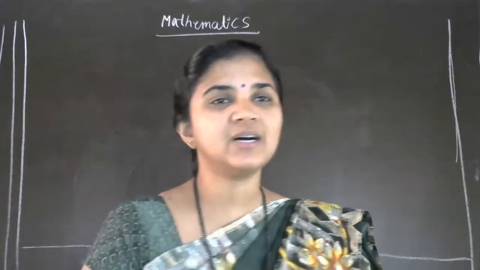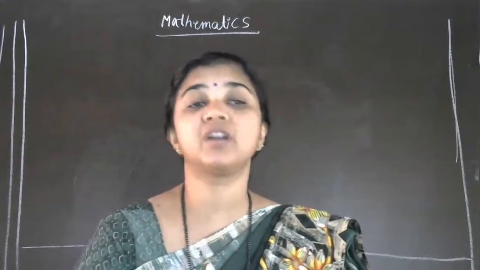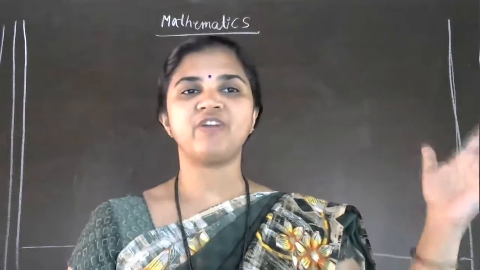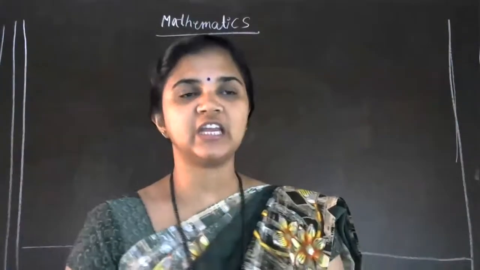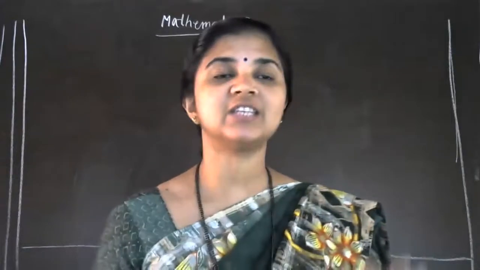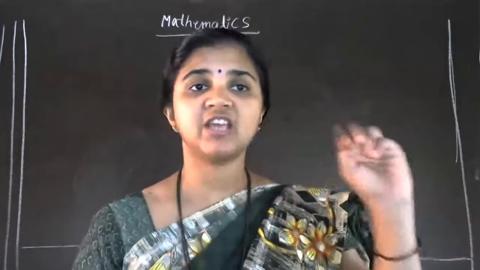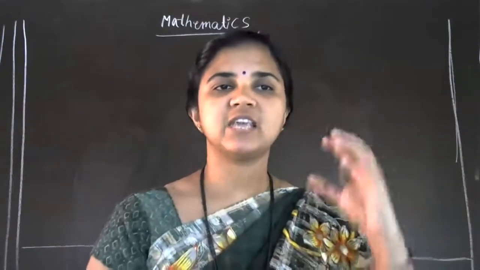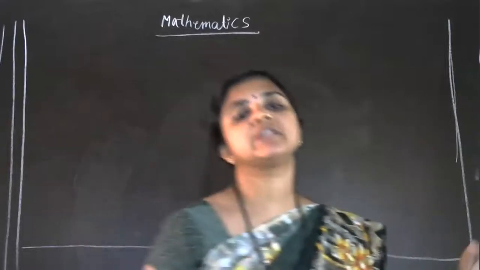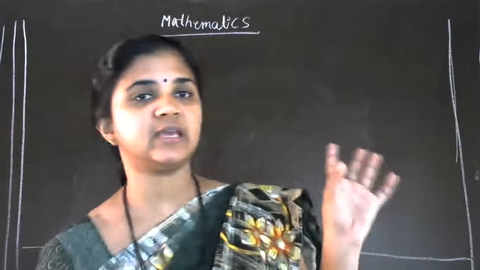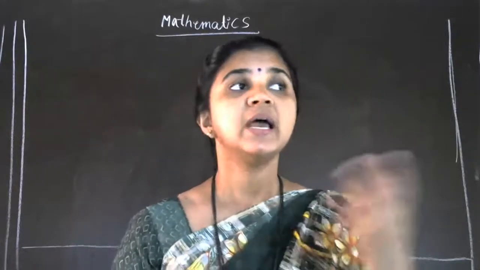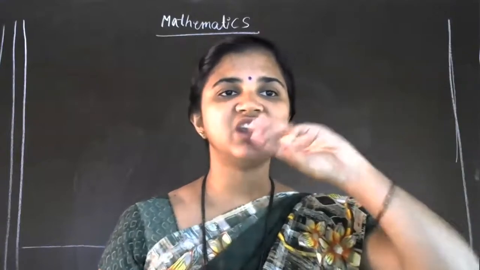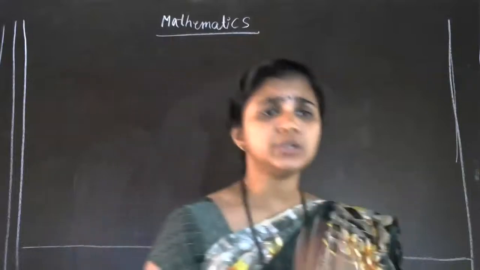So we all know the criteria of a congruency rule. We worked out many problems proving the congruency, taking three criteria of one triangle equal to three criteria of the other triangle. In a triangle there are 3 sides and 3 angles. If we match any one criterion, either 3 sides of one triangle equal to 3 sides of the other triangle, then we can say that the 2 triangles are congruent. SAS means 2 sides and the included angle.